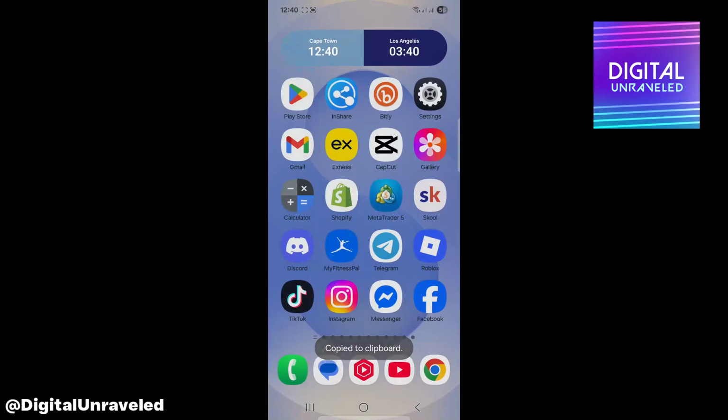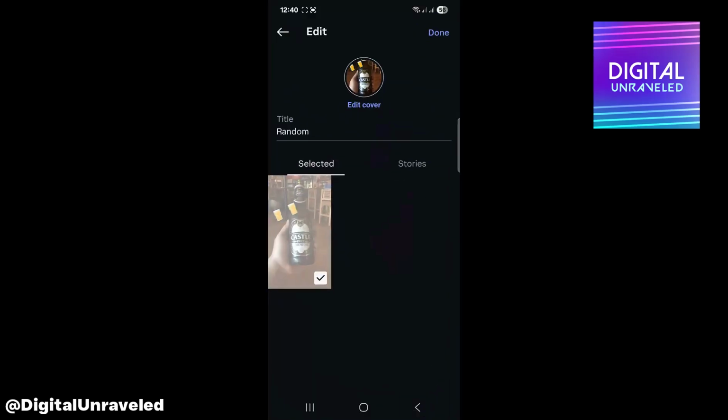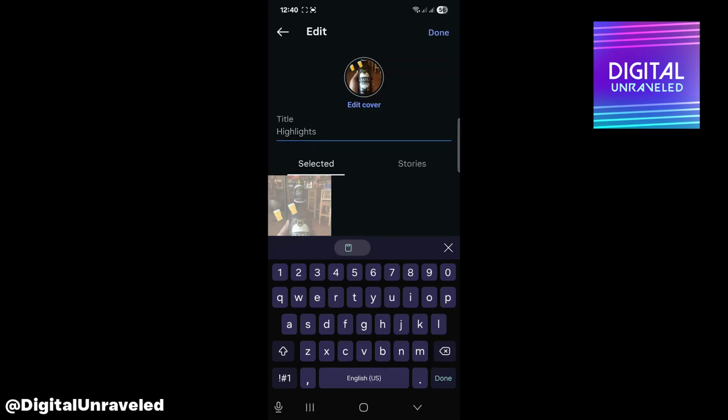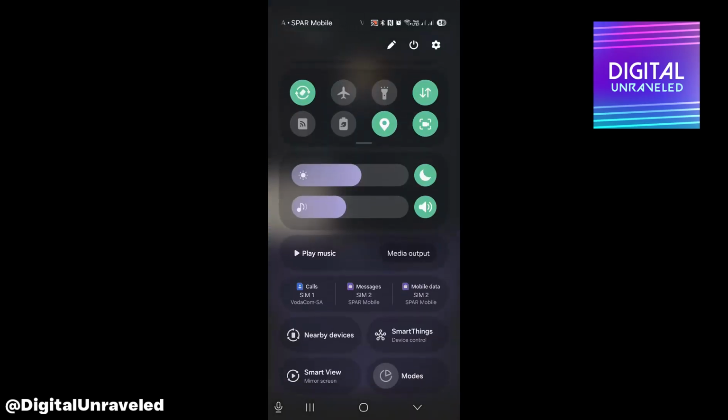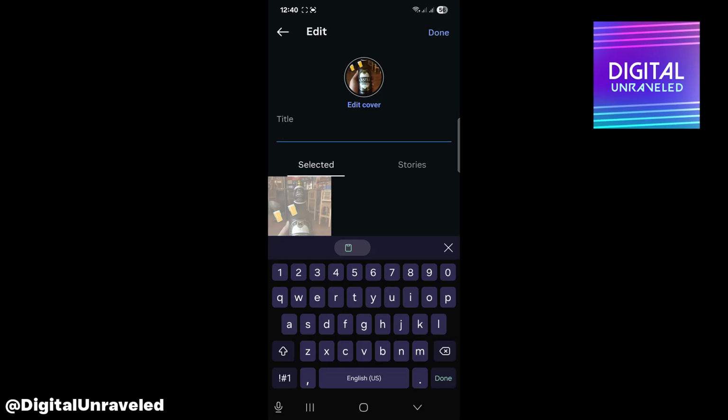Then go back onto Instagram and replace the name with that invisible text. Click on paste and then click on done, and as you can see, there will be no name for this